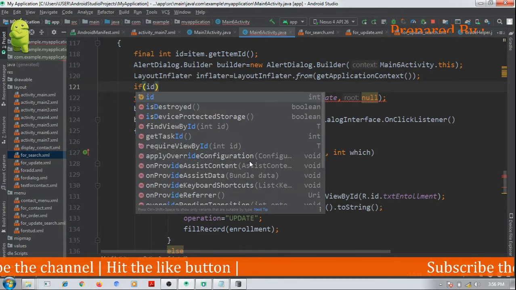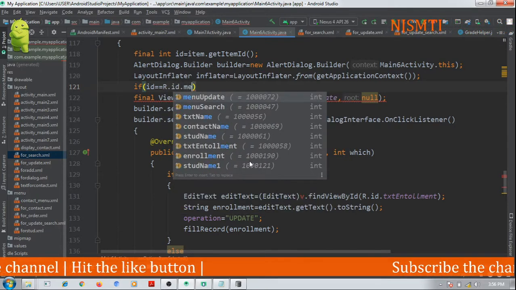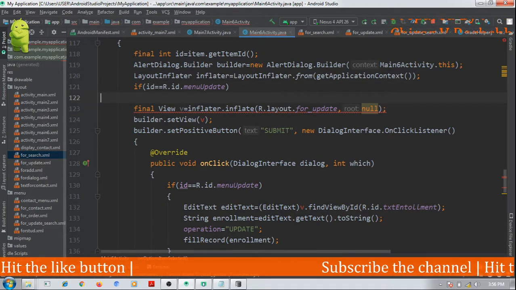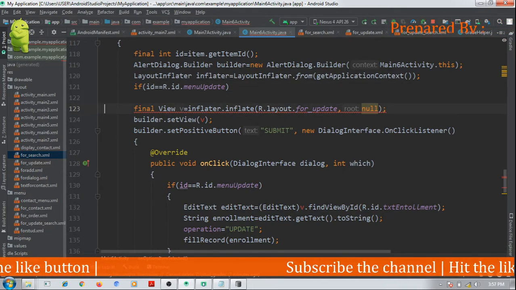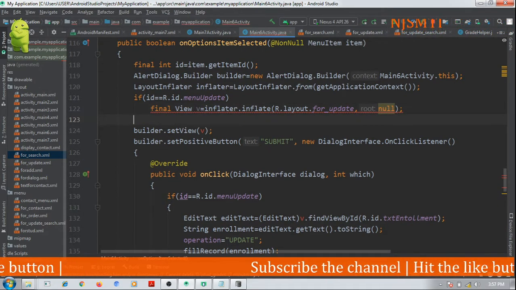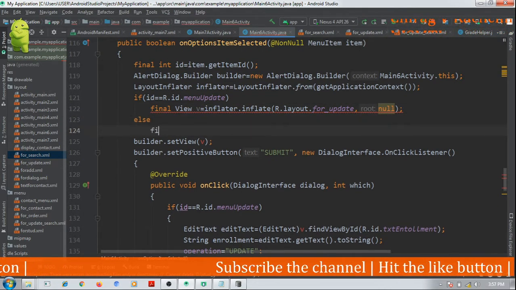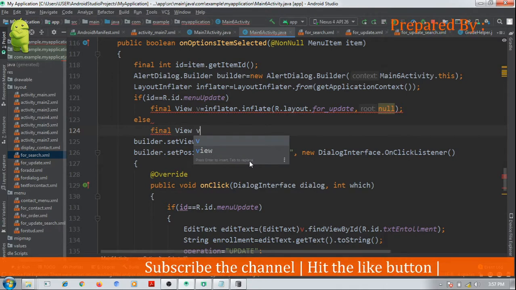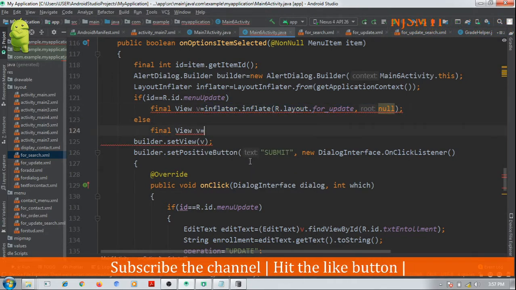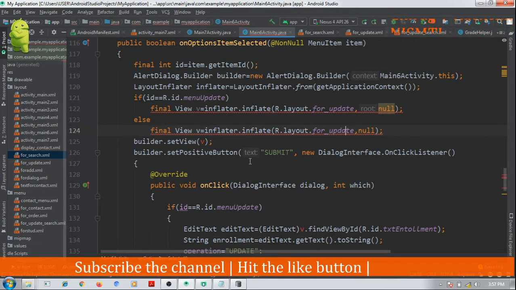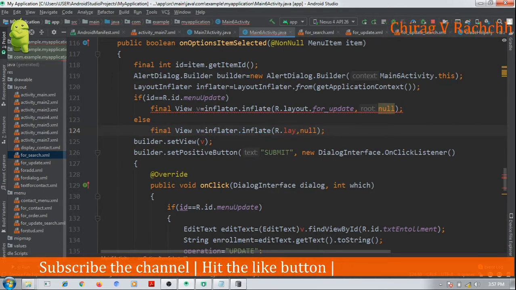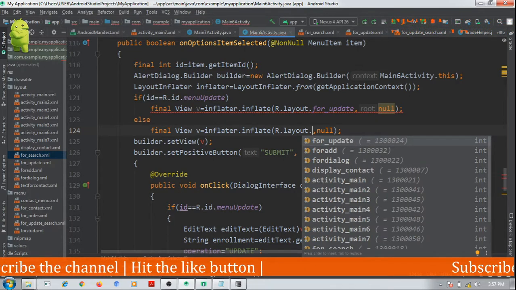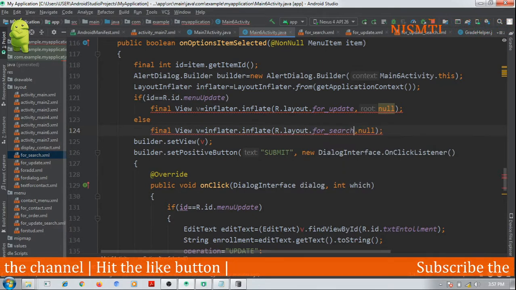If id equal to R.id.menu_update, then else final View v equals inflater.inflate layout for, what is the name of the layout that we have just defined for search?